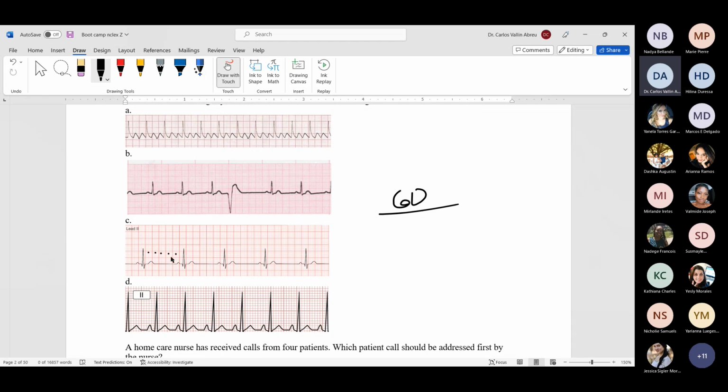Quick question. Is it the apical pulse? Apical pulse, right? Apical. Okay, because the radial pulse, remember, is not reliable, for example, in atrial fibrillation